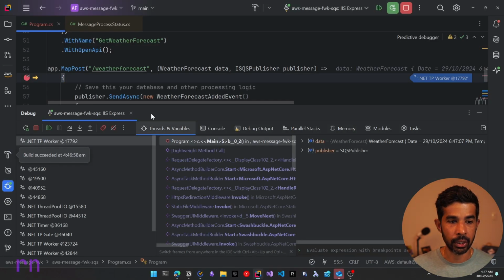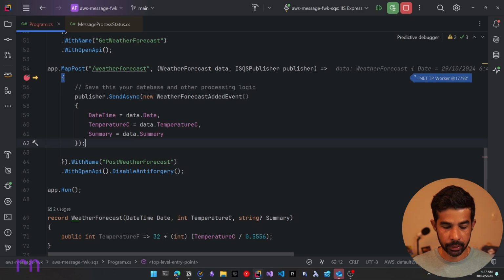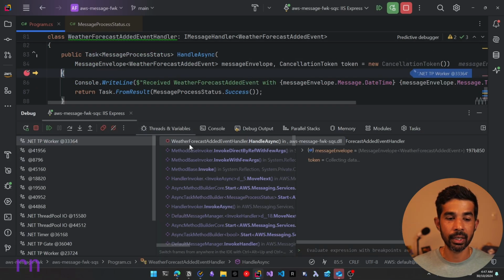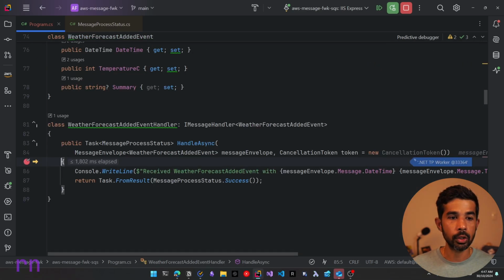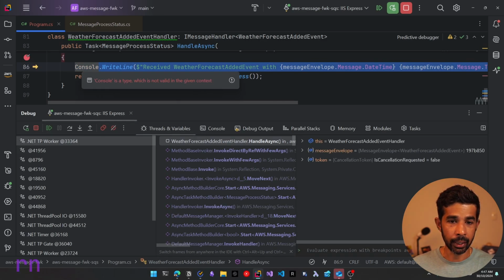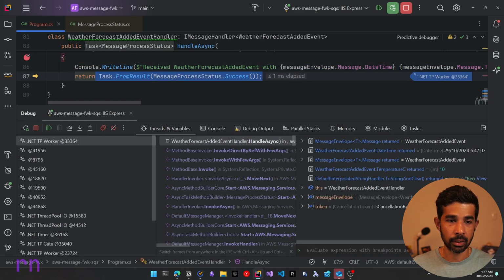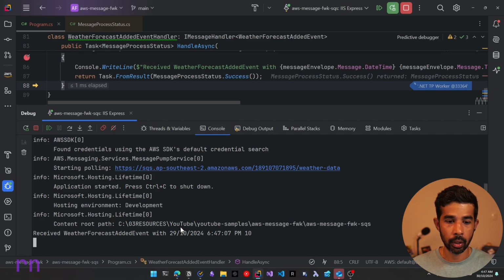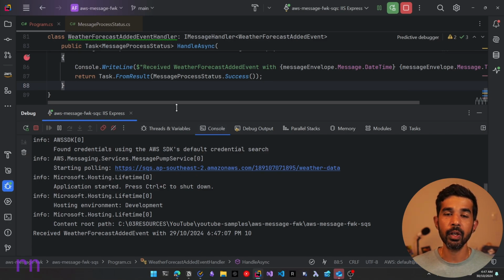And let's click execute. Now this is going to again publish the message like before. And since we have set up the handler appropriately, it also invokes the handler code. So now you can see this is going to do the console write line and return a task success result. So you can see in the console now there's no errors and it logs successfully. So this has now successfully published and received a message using Amazon SQS with very minimal code. We only had to focus on the core business logic and the entire boilerplate code is being abstracted away from